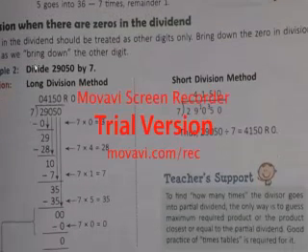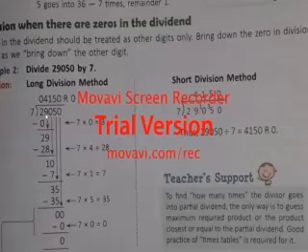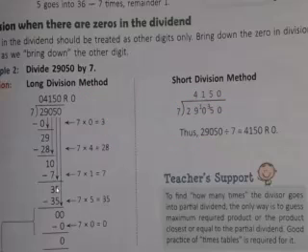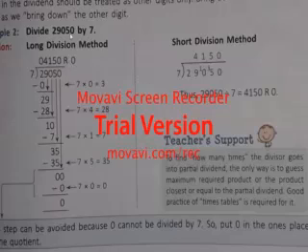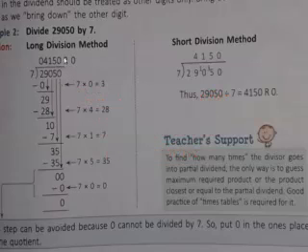So as you can see here, it has been done for 29,050. When divided by 4, it becomes 7, 7 4s are 28, 1. And 0 comes down, so 7 1s are 7, 3, and 5 comes down, so 7 5s are 35. Again 0 comes down, and then after that 0 is subtracted from 700. Why? Because the last digit came down, there was a digit, so for removing that digit 0 is used. If only 0 is at the last, 0 should be kept over there and that should be removed.